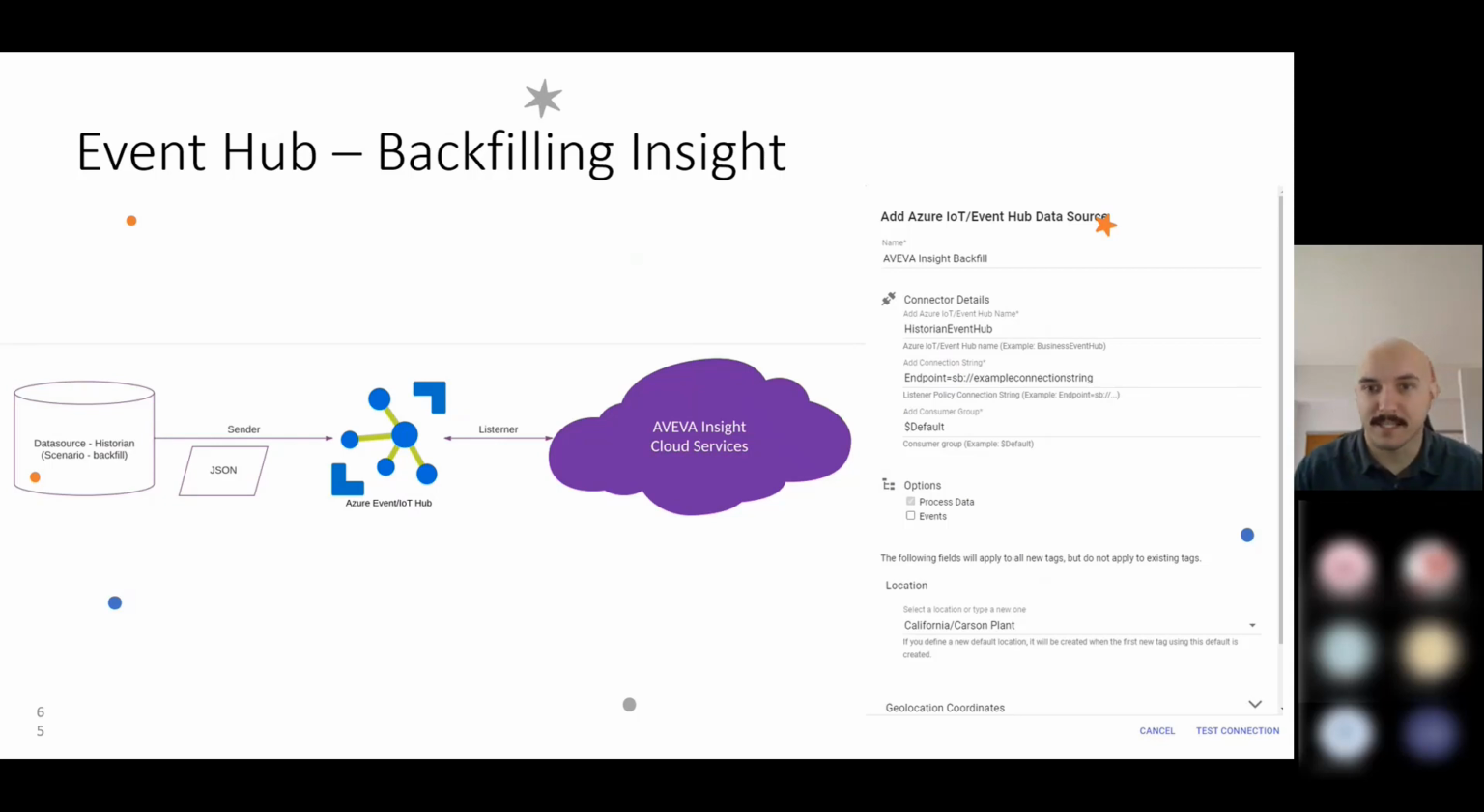So, backfilling Insight. Often our customers that implement Insight have an existing data source, whether that's a historian, another product, or maybe a SQL database. There's an existing data source, and maybe there's lots of data, maybe a few years of data. Maybe you want to get 5 years of existing data into Insight after the initial connection and setup of the